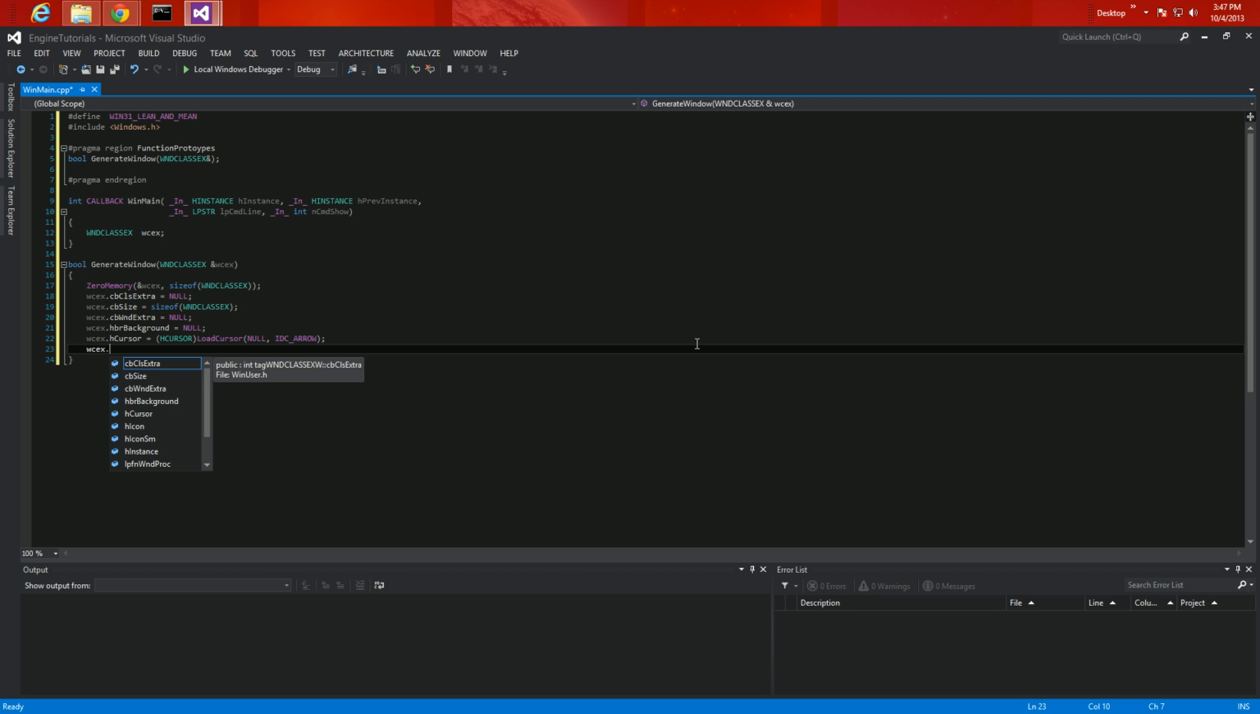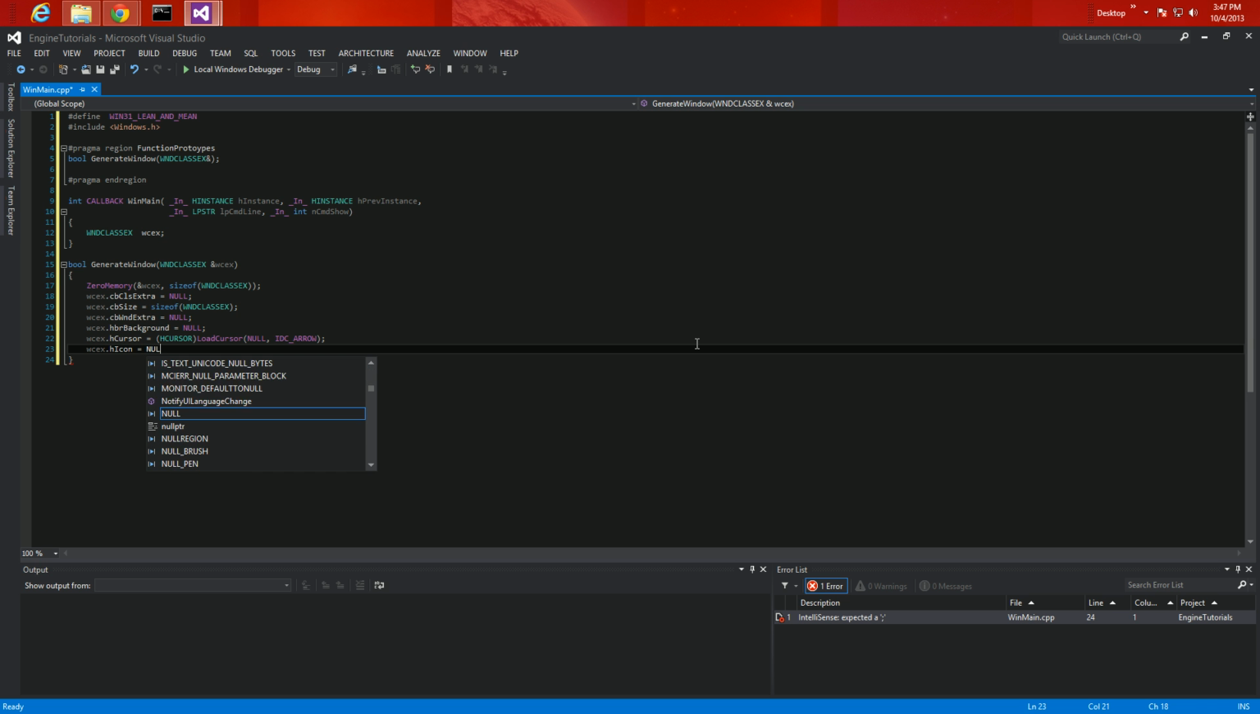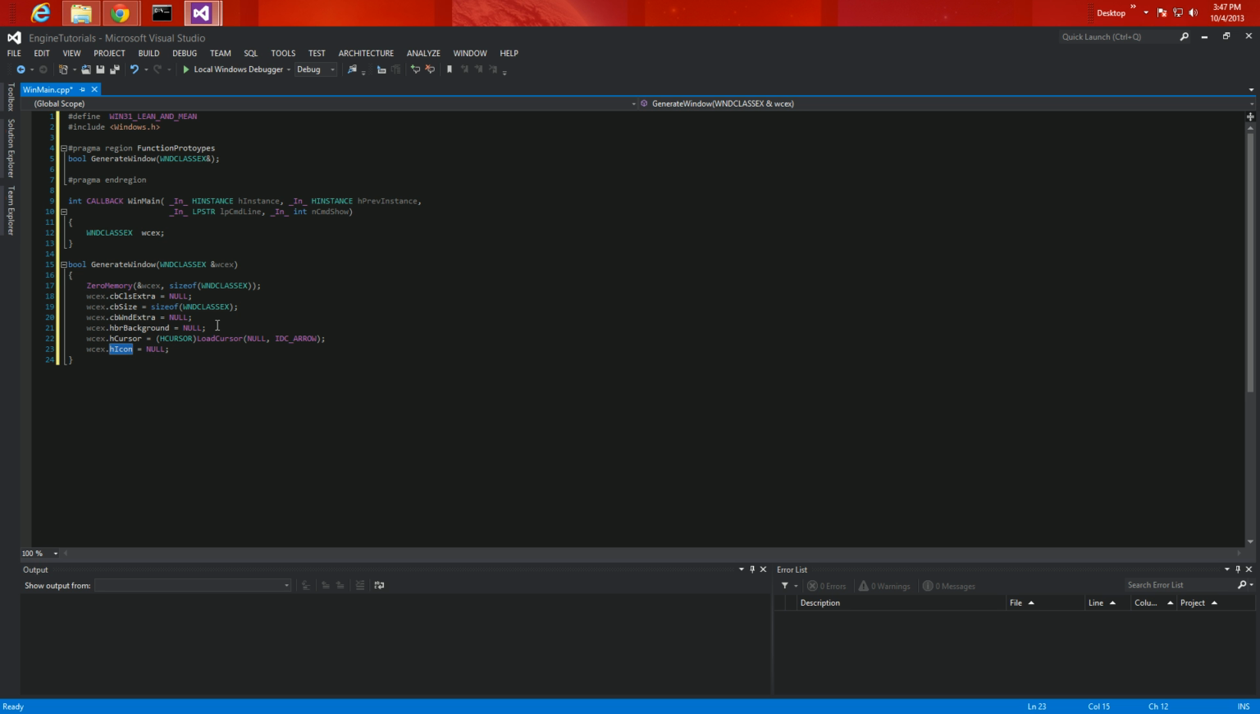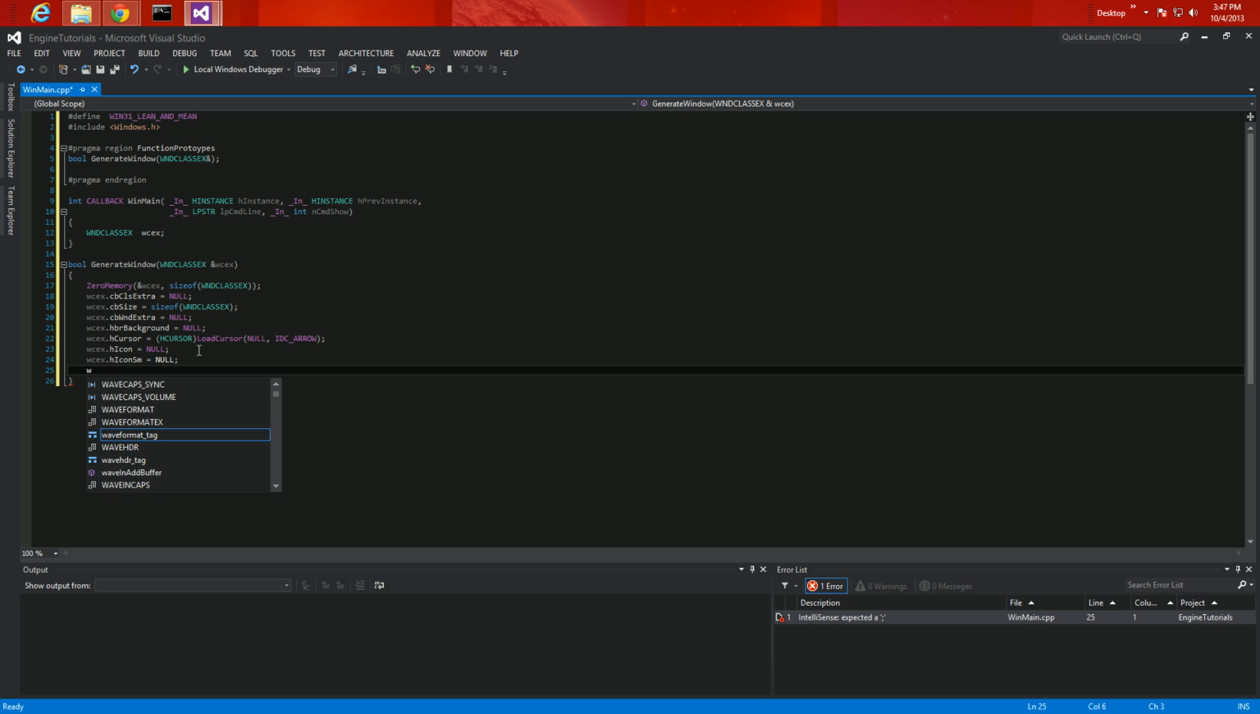WCX. What else do we have? H icon. We don't have an icon, so we're going to just null that. You can create custom icons, and maybe a couple tutorials down we'll talk about icons and how to create them, but that's for another day. If we don't have a regular icon, we don't have a small icon. Alright,